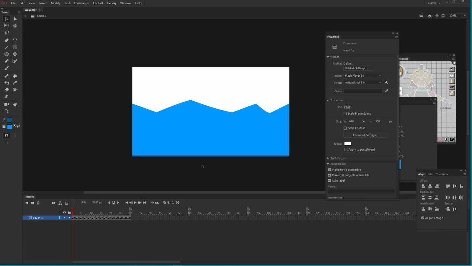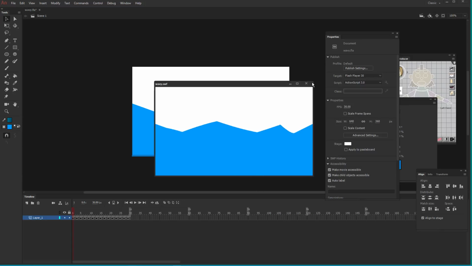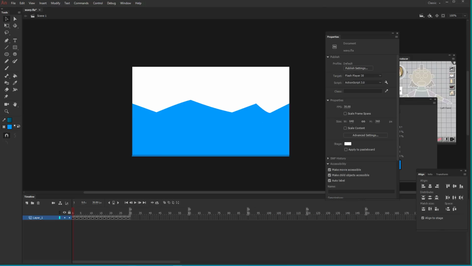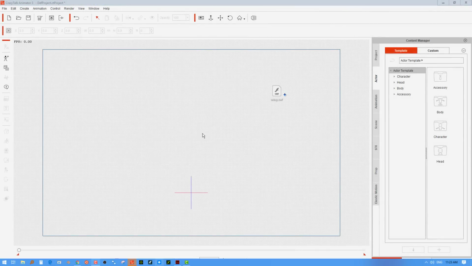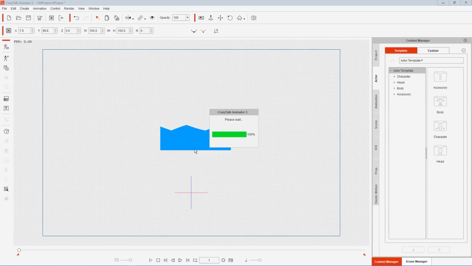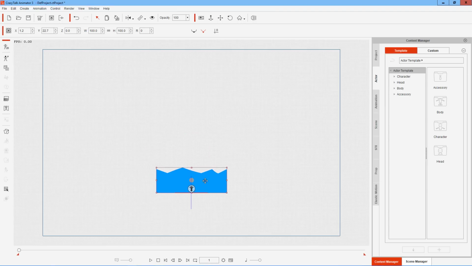So I'm going to go ahead and press Control Enter to publish my movie, and that movie is being placed over here on my desktop, which is where I saved it. So now we're going to import that SWF file that we created directly into CrazyTalk Animator, and we have something that looks like this. If we hit play,